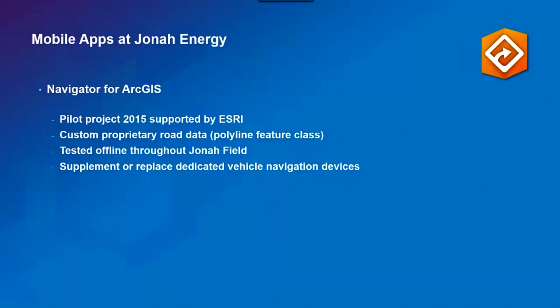This video clip was assembled in 2015, supported by Jeff Shaner and his people at Esri. They did some of the work on their side in Redlands because the product was still in pre-release, and I didn't have all the tools necessary to assemble what's called an MMPK file that's used for the package on the iPhone. So they helped me with that, but I did furnish them our road network, and the MMPK was assembled, and then I tested this throughout the Jonah field.